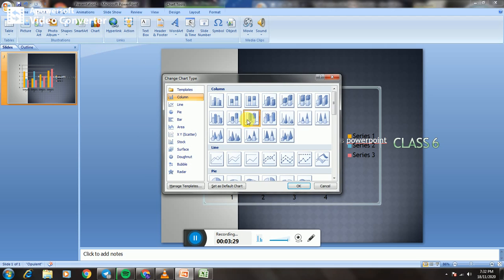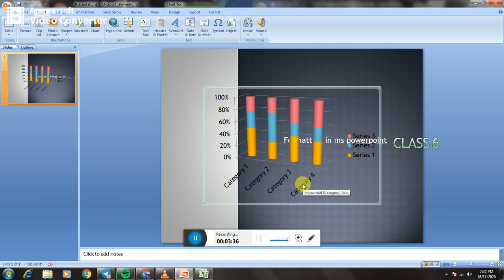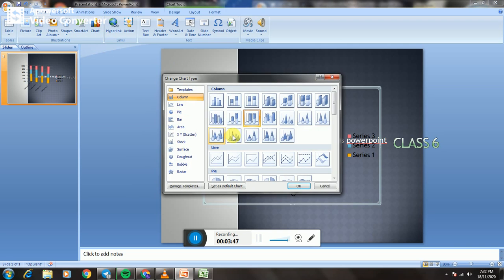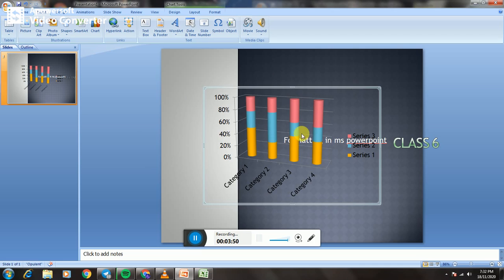Second, in the placeholder, click the Insert Chart button. Click on the chart type that you want and click OK. A Microsoft Excel worksheet with some sample data opens in a new window.